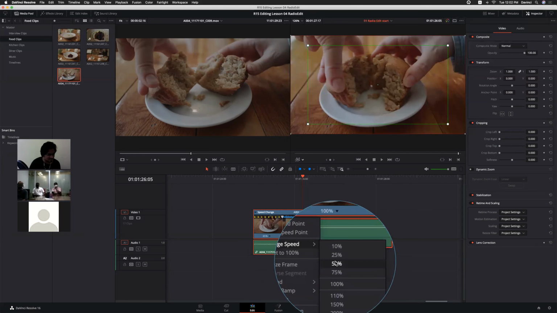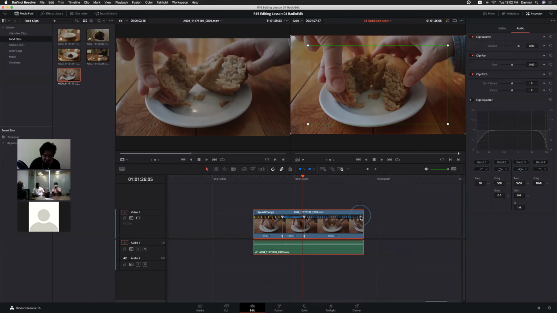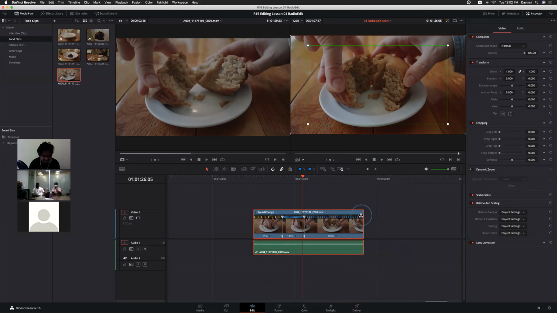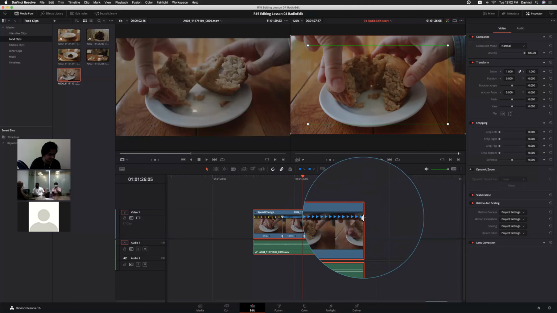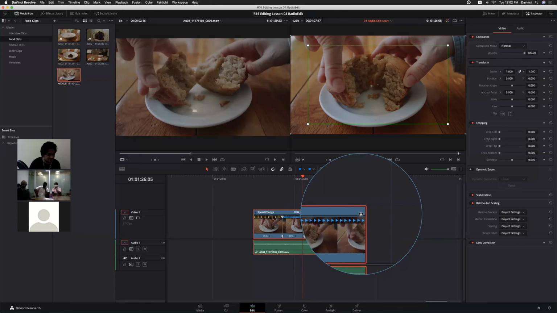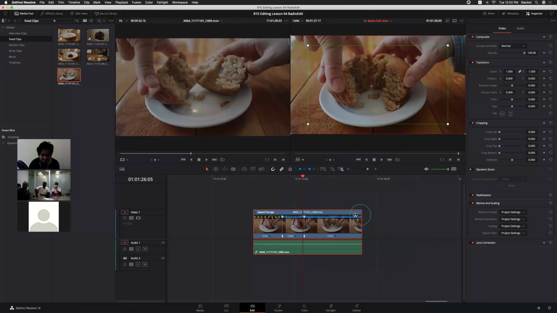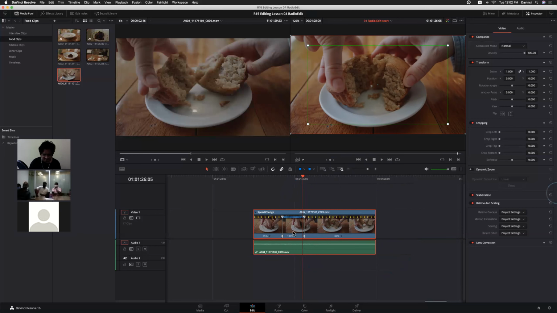And we can even directly change the speed also, right? We do have custom speed, and by clicking here itself we can adjust the speed, right? Now see, observe the shape of the cursor, right? Now we can trim the edit point, right? But when you move a little bit upwards, we can see the two-sided arrow. Now we can adjust like this within the clip, right? So let me reset everything. So just reset.